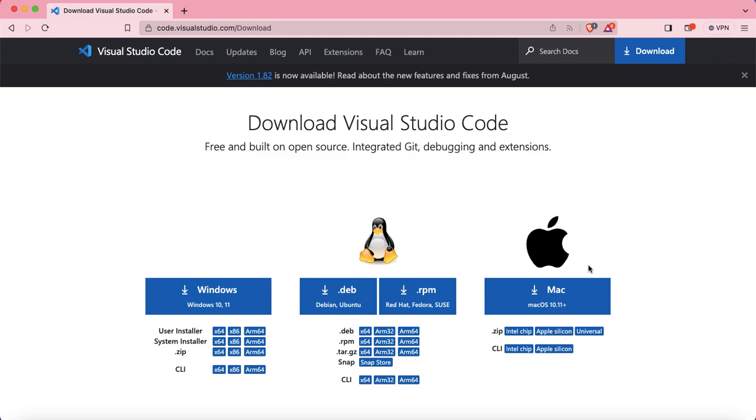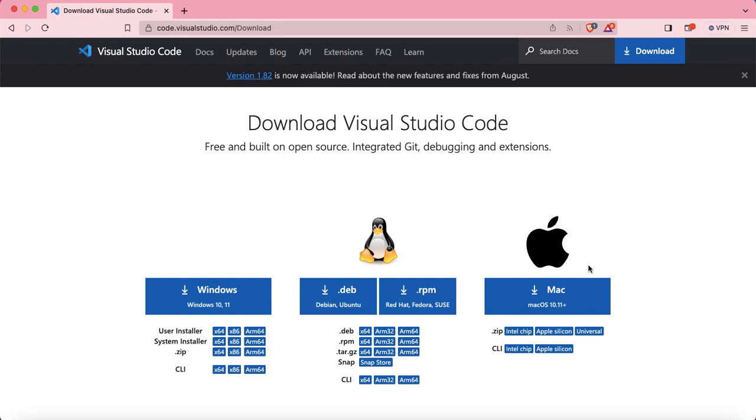Install Visual Studio Code. Once the download is complete, locate the vscode.dmg file in your download folder. Listen carefully. Then double click it to open the installer. Then simply drag and drop Visual Studio Code icon into the application folder to install it. As you are installing other applications, similarly you have to drag and drop your Visual Studio Code into the application